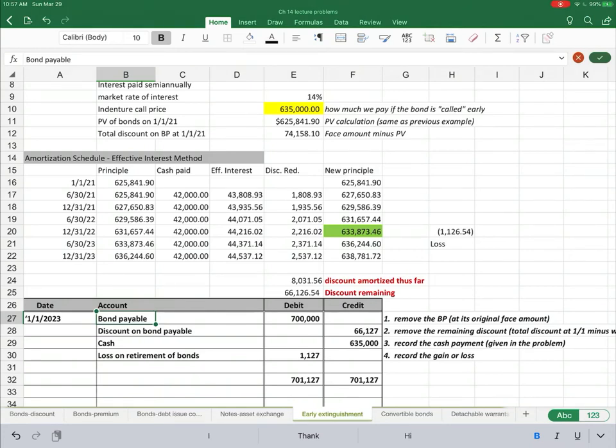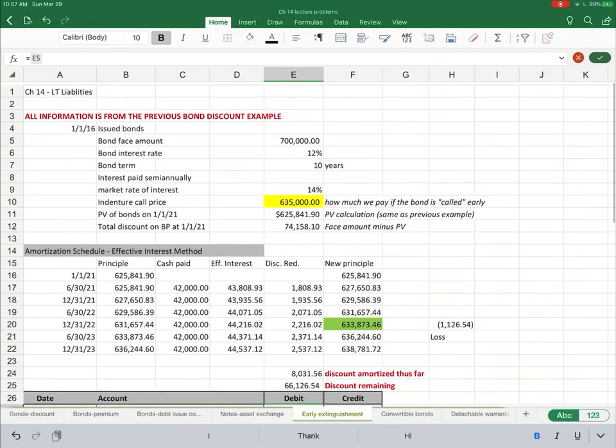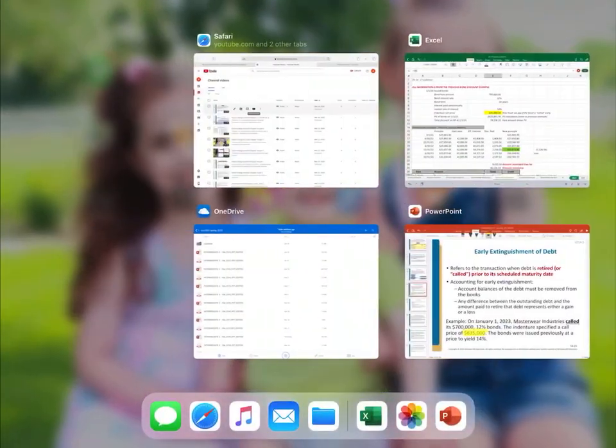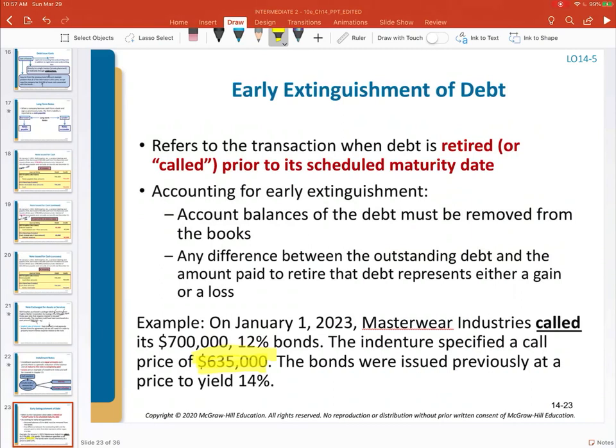Normally in an accounting system, we would want to see these two debits together. So the debits would be first in our entry, and then the credits would be second. But I'm not super concerned with that for just educational purposes. So that's an example problem where we're talking about the early extinguishment of debt. We have debt outstanding. It has a scheduled retirement period, but we decide we want to basically retire, pay off